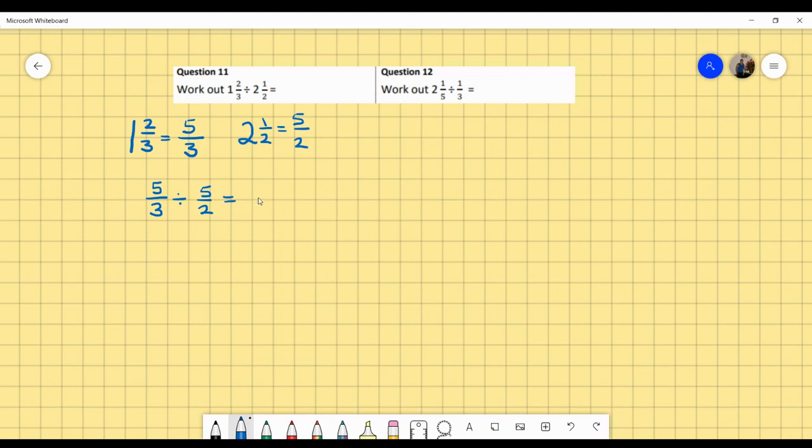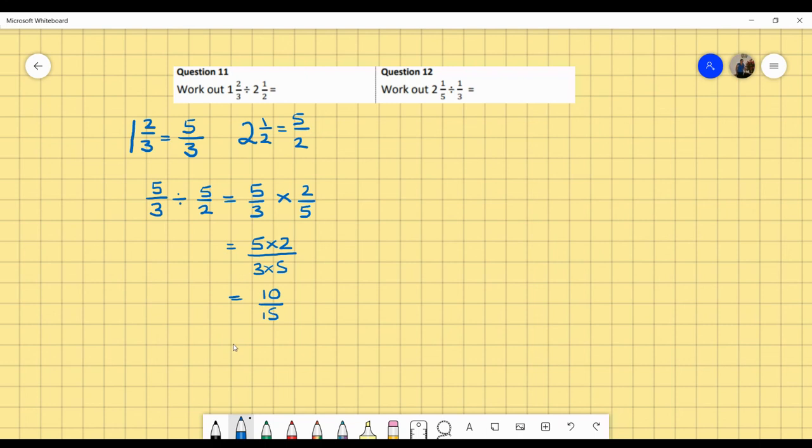Now, to be able to do a division question with fractions, there's a quick, easy way to remember it. You keep the first fraction the same, you change the divide to a times, and you flip the second fraction upside down. And then when you're multiplying fractions, it's actually quite nice and easy. You just multiply the top two, so 5 times 2, and multiply the bottom two, 3 times 5. That will then give me